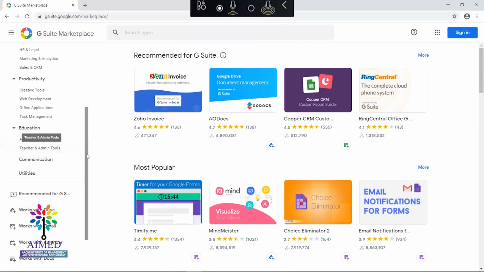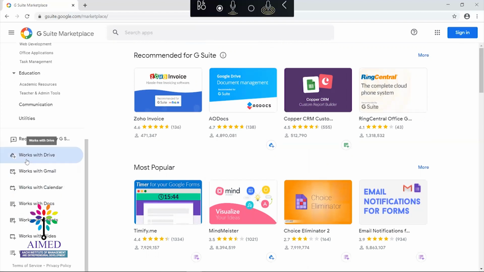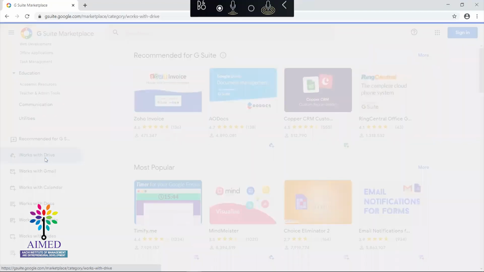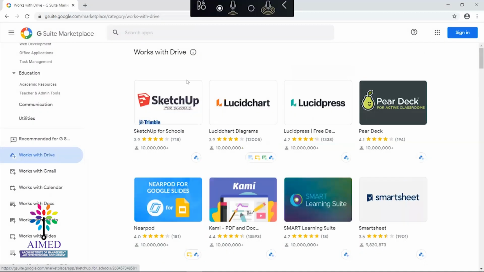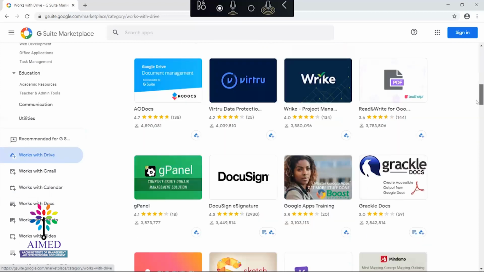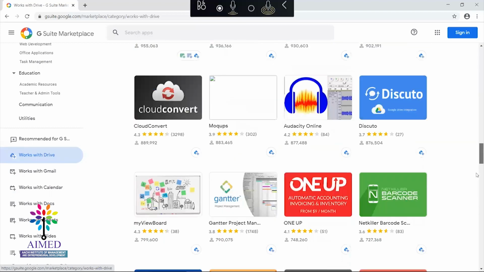On the left-hand side at the bottom, we have categorization based on the application for which the add-ons are available. For example, if you click on Works with Drive, the add-ons which specifically work with Google Drive are listed over here. You can go through it.